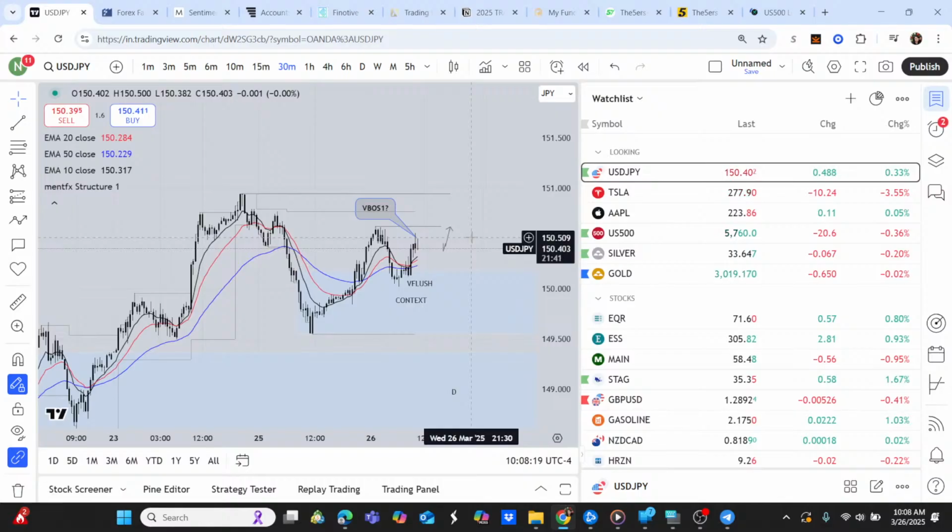If I do get a setup for USD JPY, I'm gonna be trading all the accounts together only because the prices are the same. So